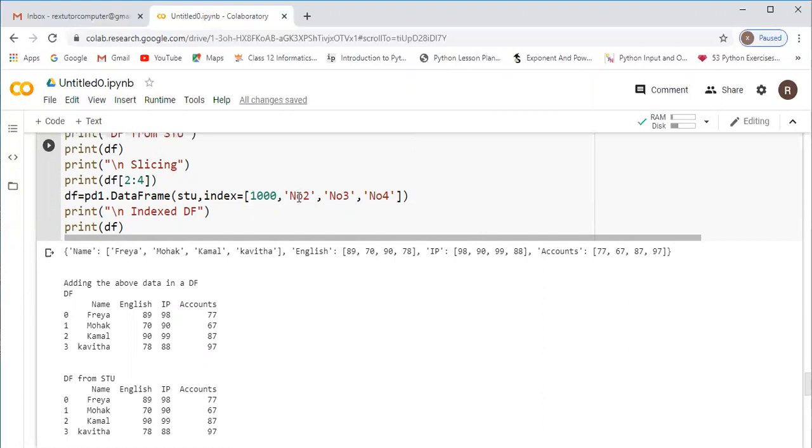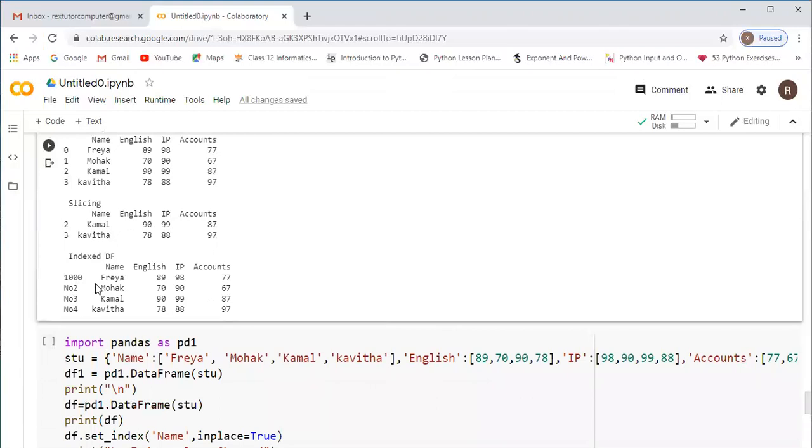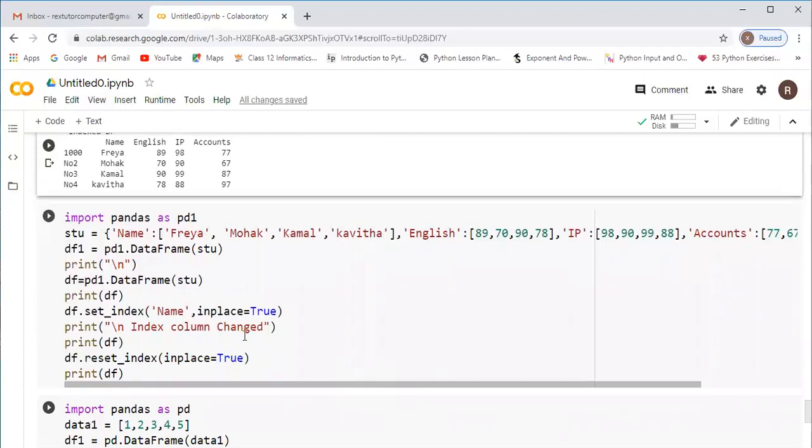If it is a string or mixed data, then you have to give it within quotes. Then close the bracket and print it. So you will get the index this way.